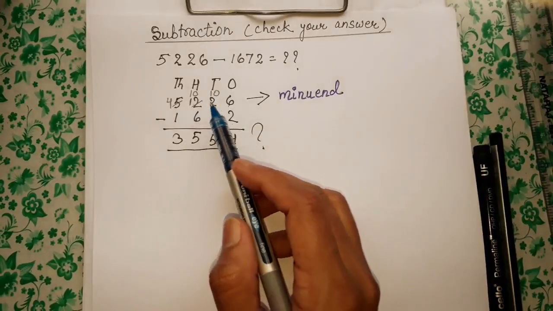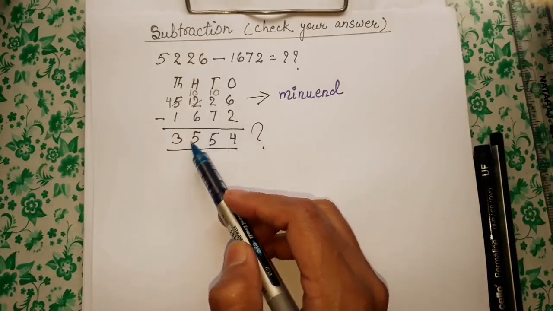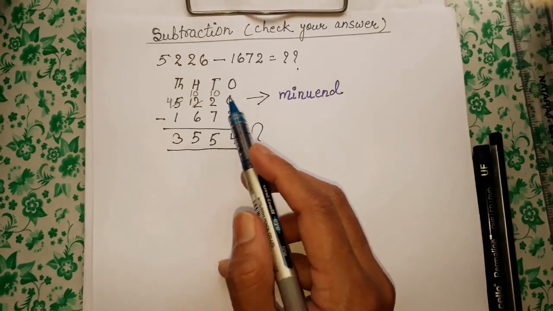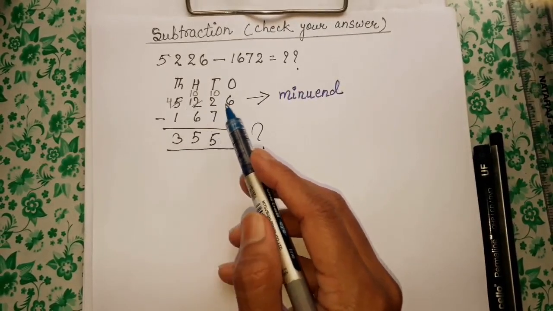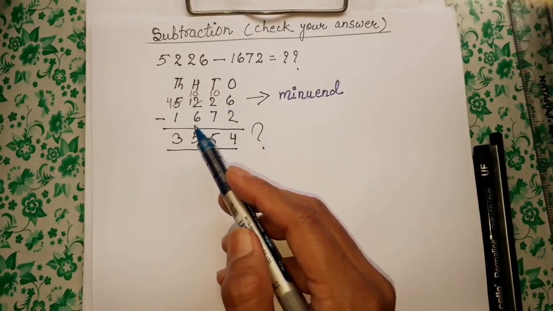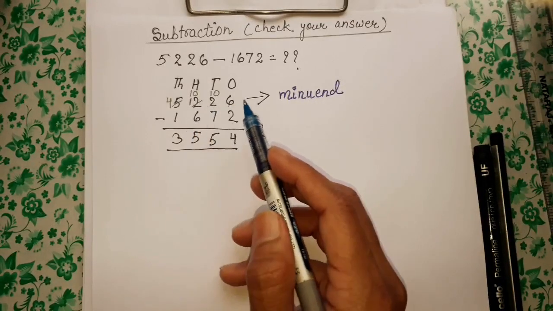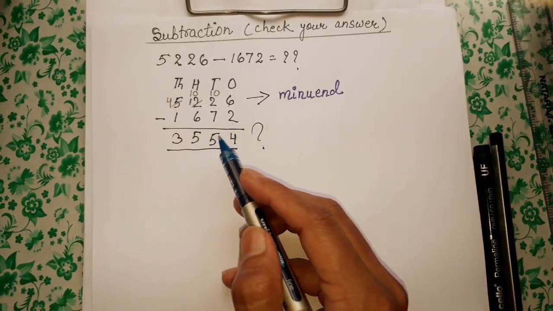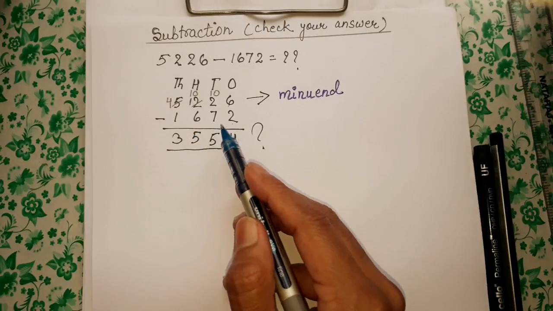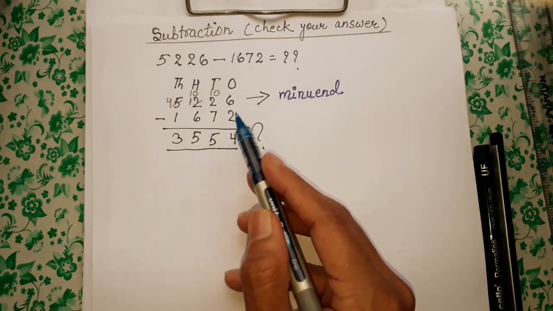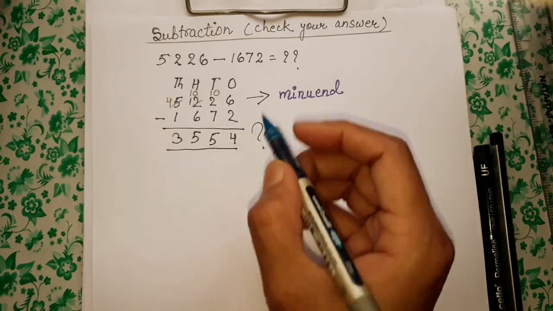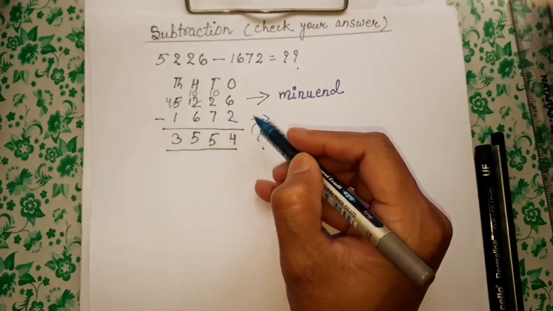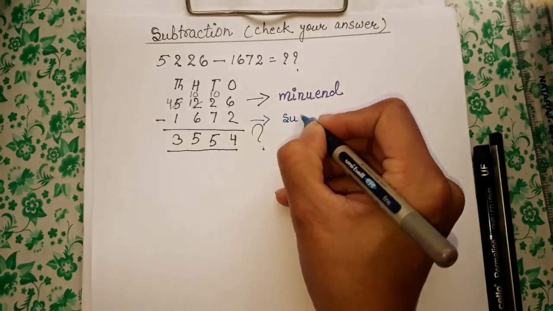Okay, the larger number from which a smaller number is subtracted is called minuend. वैसा नंबर जो कि बड़ा होता है, जिससे कि हम छोटे वाले नंबर को घटाते हैं, उसे हम क्या कहते हैं? minuend. Next, the smaller number which is subtracted is called subtrahend. वह छोटा नंबर जिसको कि घटाया जाता है, उसे क्या कहते हैं हम? subtrahend.